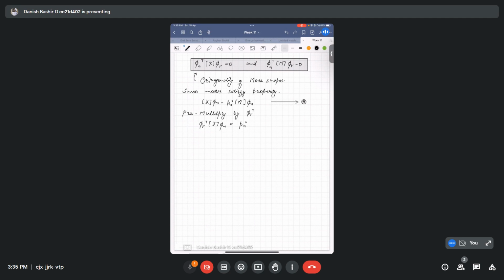Since it's a scalar, we can take it out: phi r transpose m phi n. This is one thing. And so if we take the transpose on both sides,